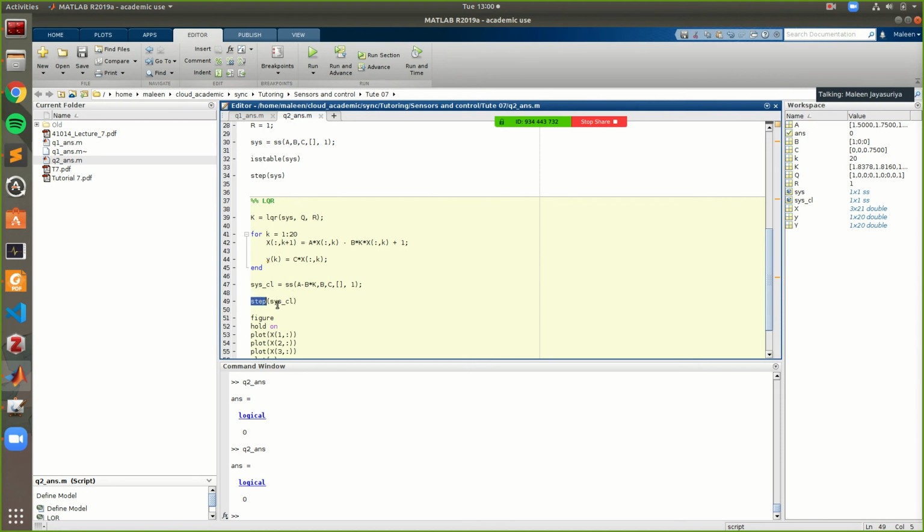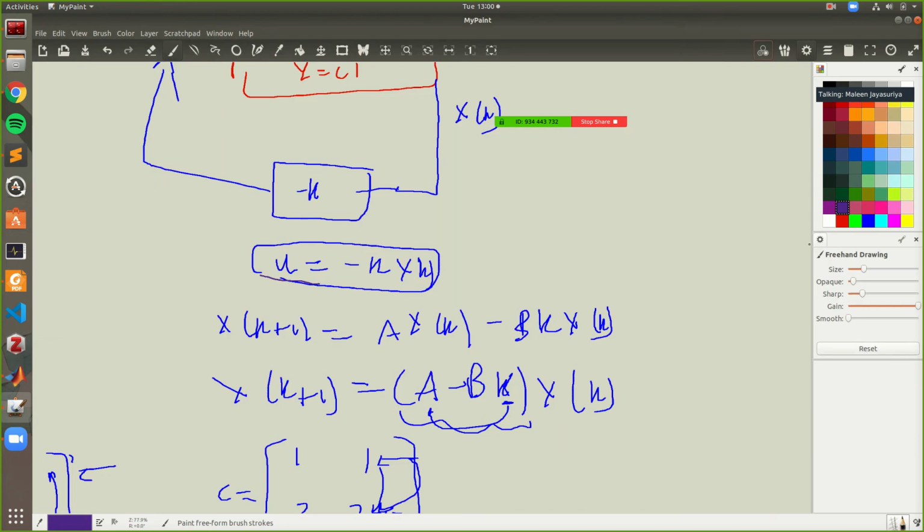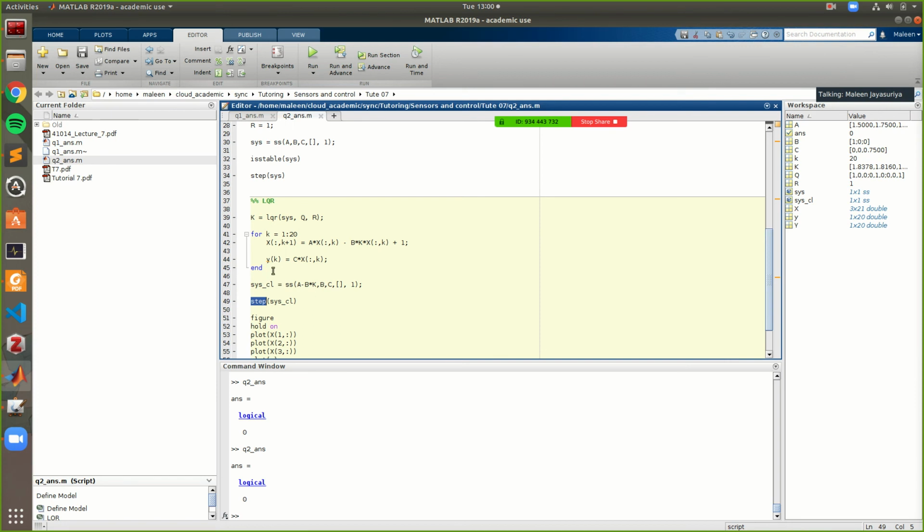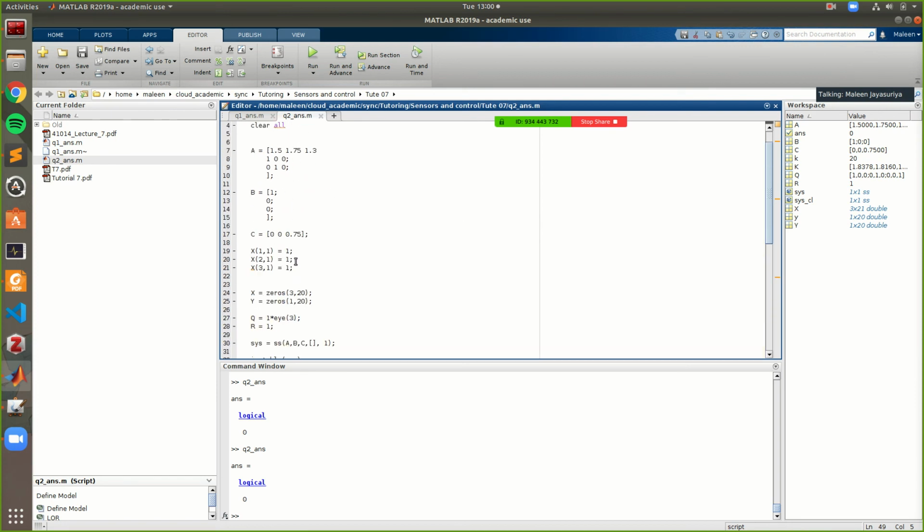We talked about step input in last week's class, where you give an input of a step like this, and we look at how the output behaves, whether it blows up or whether it comes and settles down to a certain value. And we saw that the closed loop system settles down at a proper value.